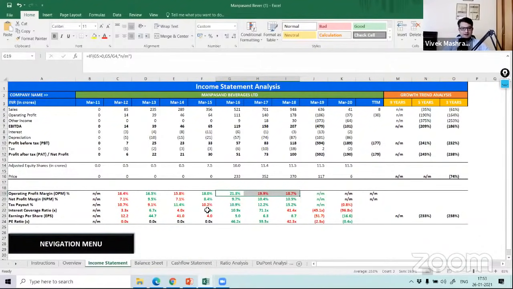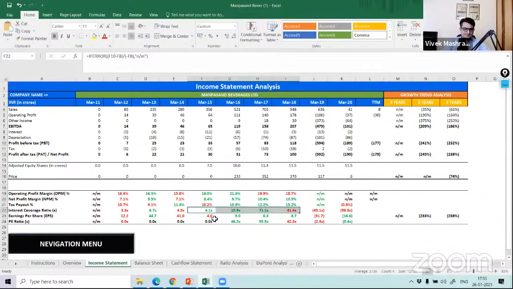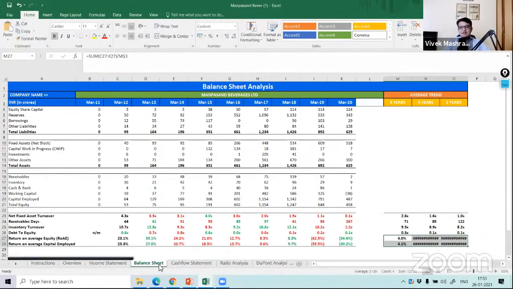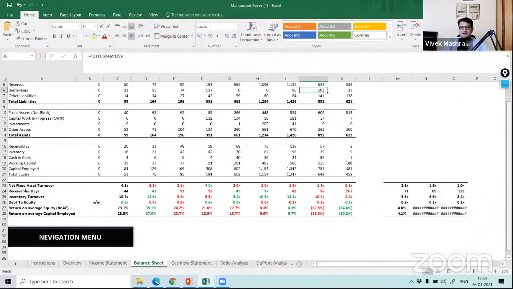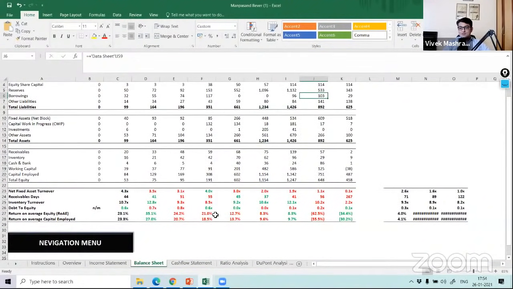Again, the interest coverage and everything was fine overall, because they went for IPO. Probably they cleaned up the mess beforehand. Let's see on the balance sheet what happened, whether the borrowings were increasing. Here it went debt free and suddenly the borrowing started increasing, 96 crore and 103 crore. So immediately you should say, why did they need debt? Is the business not generating cash flow?